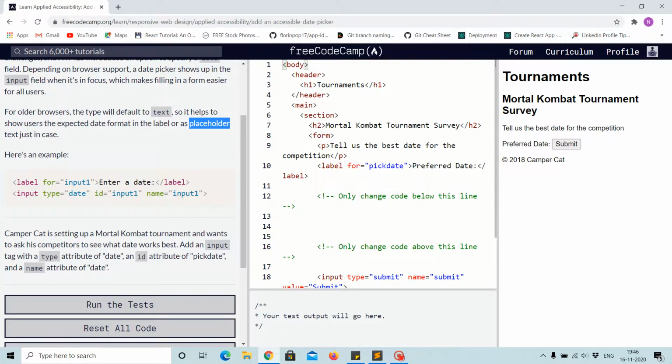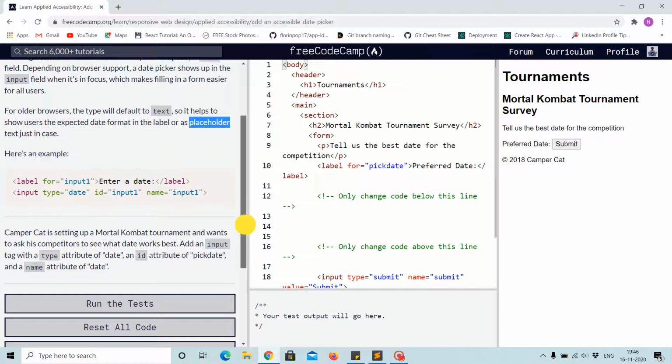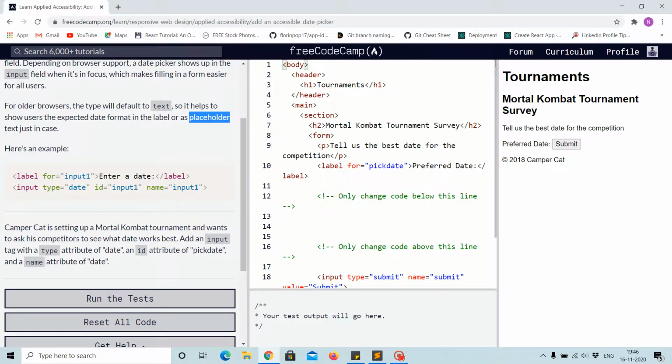So the task: Camper Cat is setting up a Mortal Kombat tournament and wants to ask his competitors to see what date works best. Add an input tag with the type attribute of date, an ID attribute of pickdate, and name attribute of date. Okay, so first task,